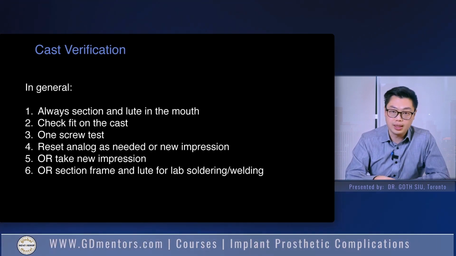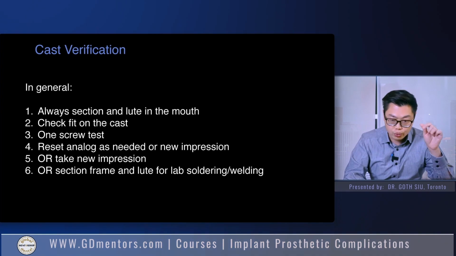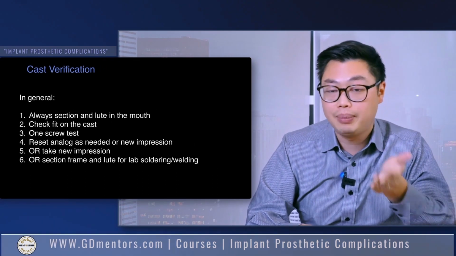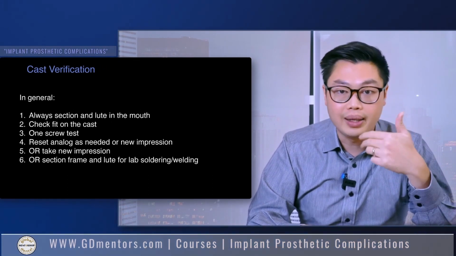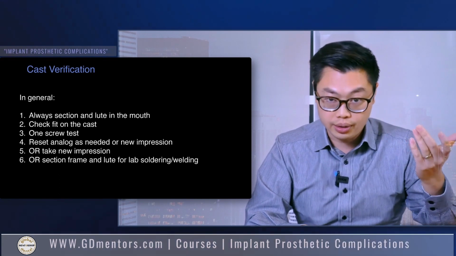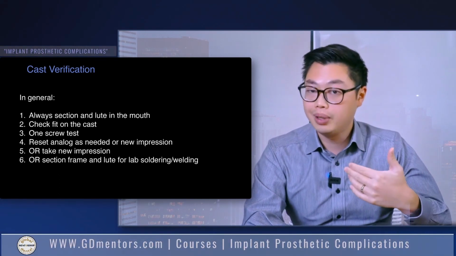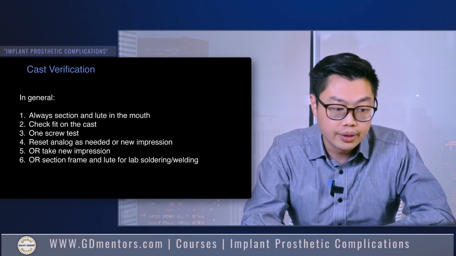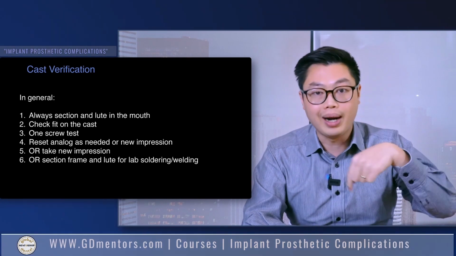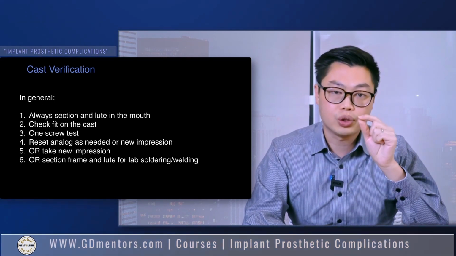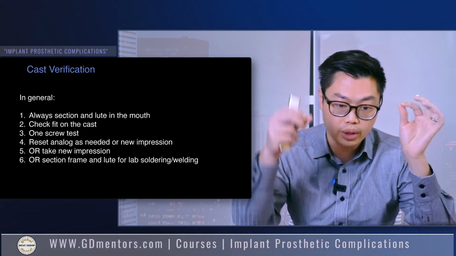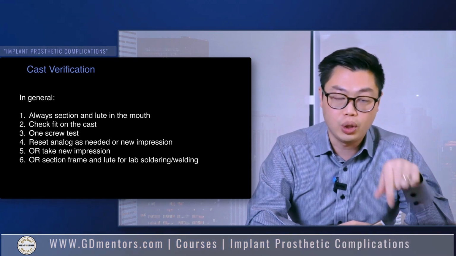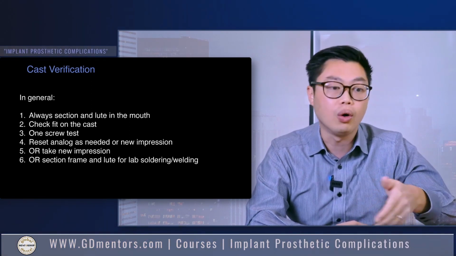On the model, you can do the one screw test, where you screw in one screw and see if things are lifting off. And if something is inaccurate, you don't necessarily have to retake impressions. If there are 4 implants or 5 implants or multiple implants, and you can decipher which one is not accurate, you can dig out the 1 or 2 analogs, screw the analogs back onto the jig, screw the jig onto the rest of the implants, and reposition the analog in the stone cast, utilizing more stone